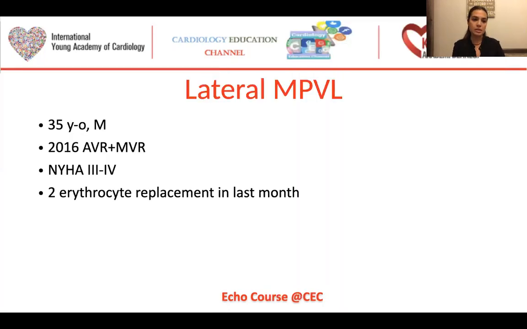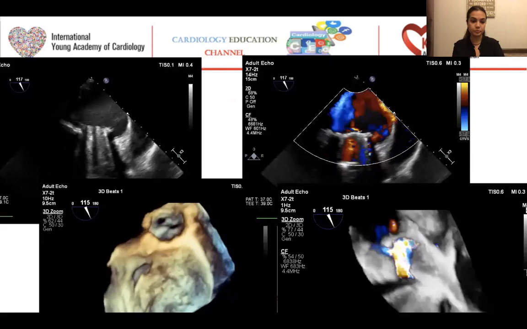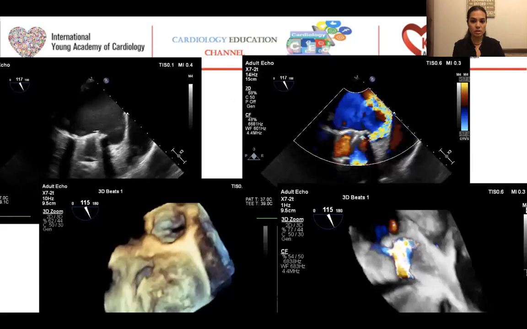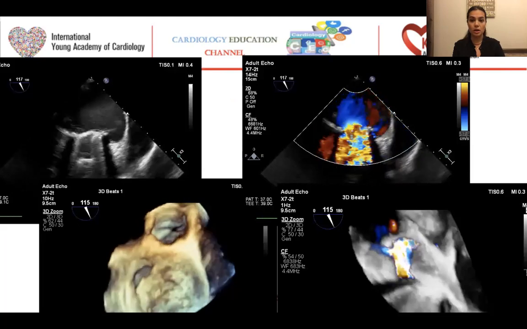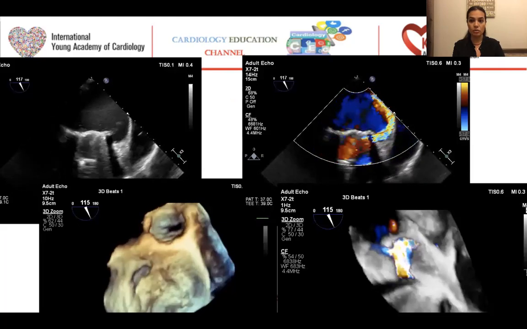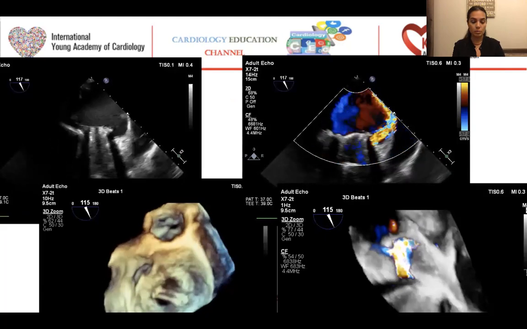And this is a 35-year-old male patient, and he has a history of aortic and mitral valve replacement. Again, he was admitted with functional class 3 to 4. And in the last month, he had 2 erythrocyte replacements. So as you can see here, he had a very severe laterally located paravalvular leakage, and the position is 9